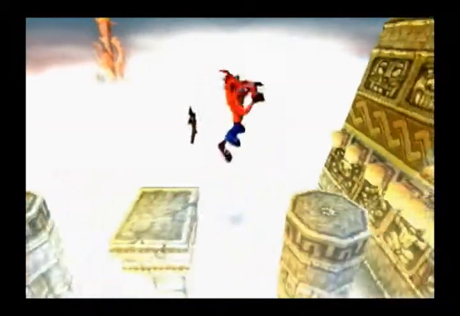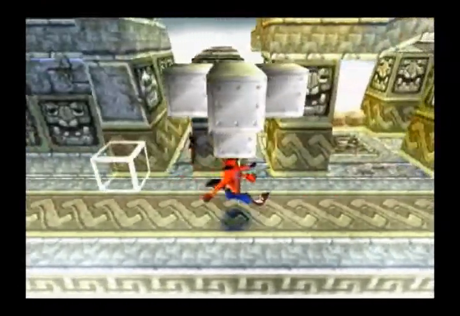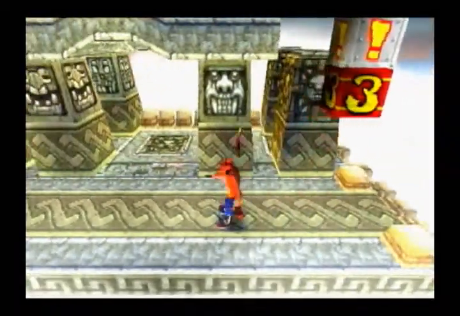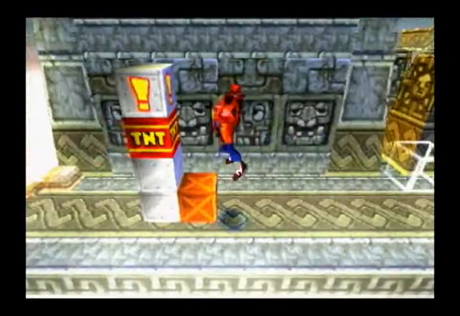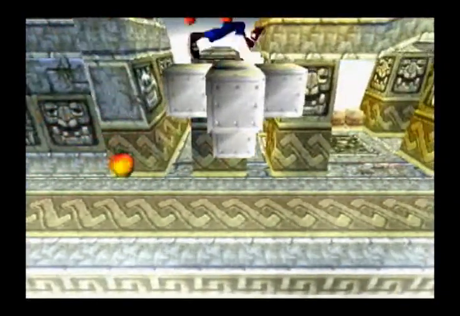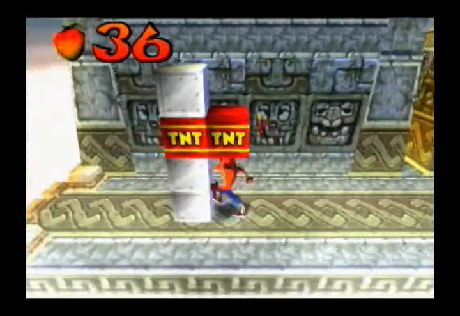Alright, so here we are on the first of two gem paths, here using the red gem again from Slippery Climb. For this section, as you can see here, this TNT will activate that exclamation box, which will activate this. Now you have to be careful, because if you don't activate the TNT, or if you don't jump on this box